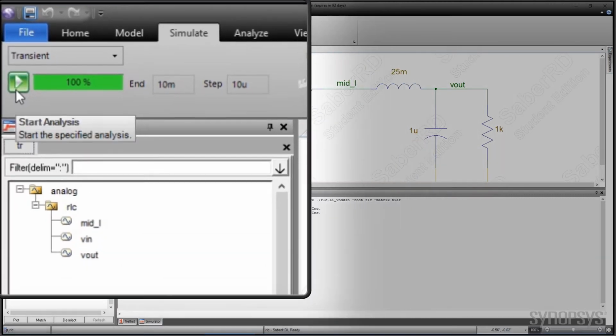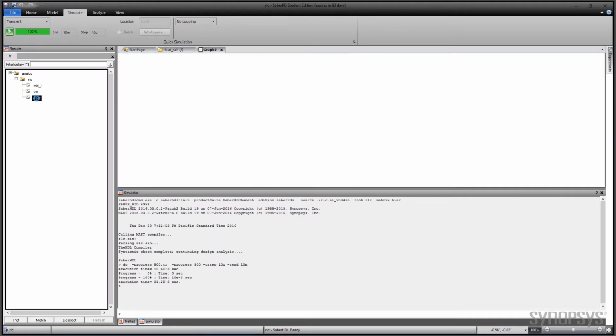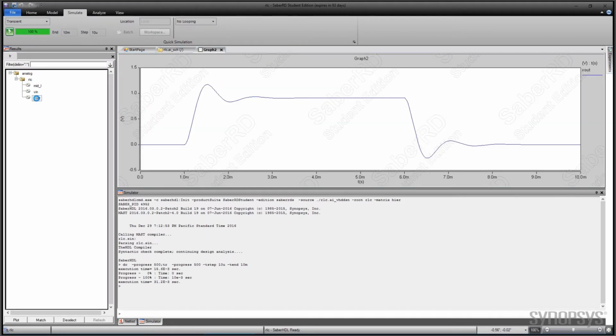During the simulation, waveforms of some of the circuit's variables are saved. The variables in the plot file are listed along the left-hand side. Double-clicking the output node voltage displays its plot in a separate window. As expected, the plot ends at 10 milliseconds, corresponding to our original setting. By default, only node voltages are saved in the plot file. Later, you will see that this can be changed to include more waveforms by accessing the Advanced Simulation settings.